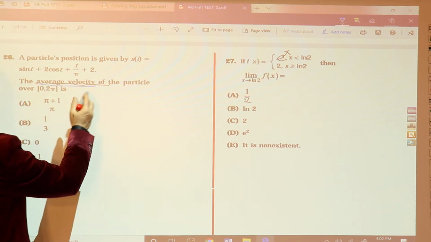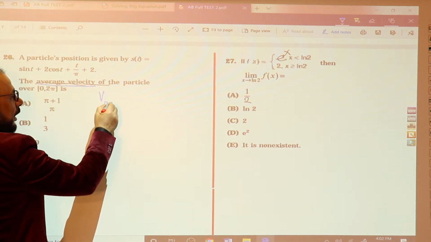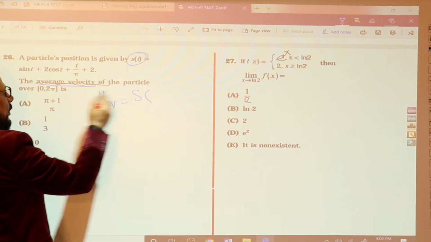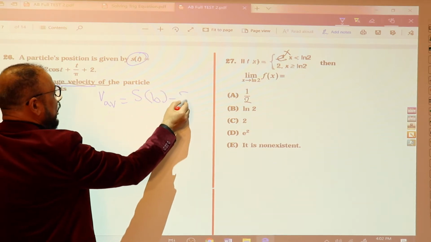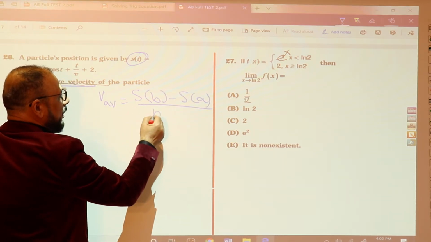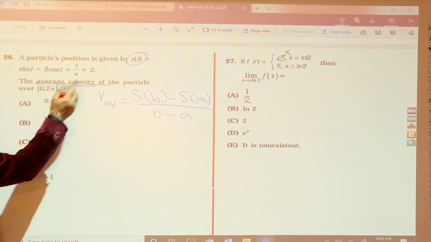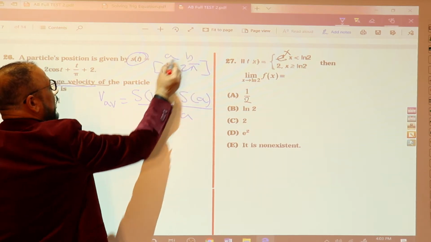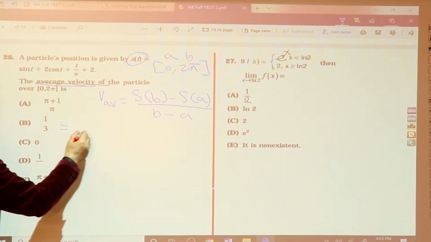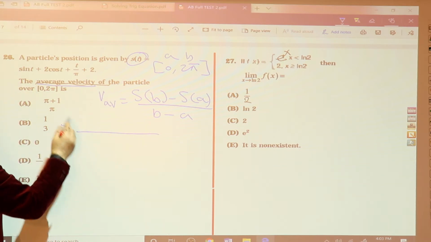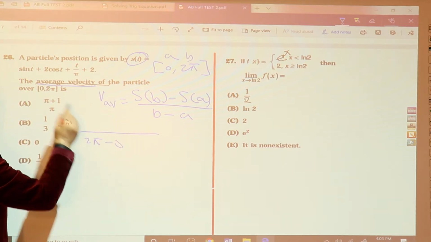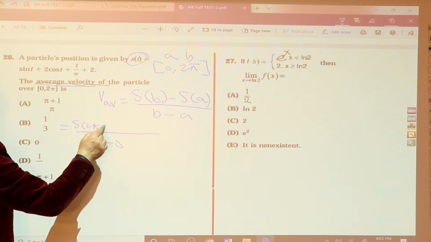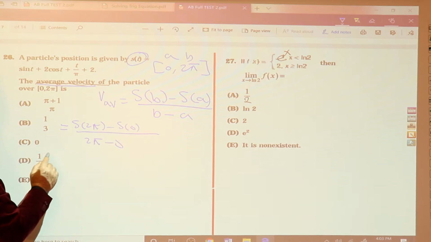Since he said the average, then V average equals the change in distance, S of B minus S of A, over B minus A. My A is 0 and B is 2 pi. Then all you have to do is go to the bottom: 2 pi minus 0, and plug in S of 2 pi. I'm going to do two steps: S of 2 pi minus S of 0 equals